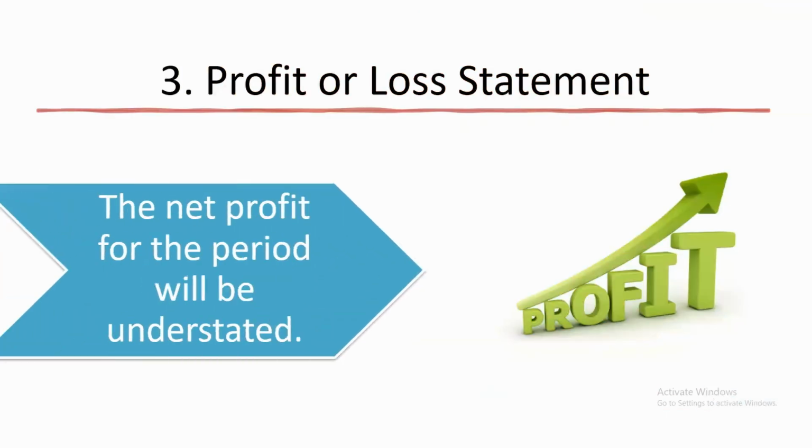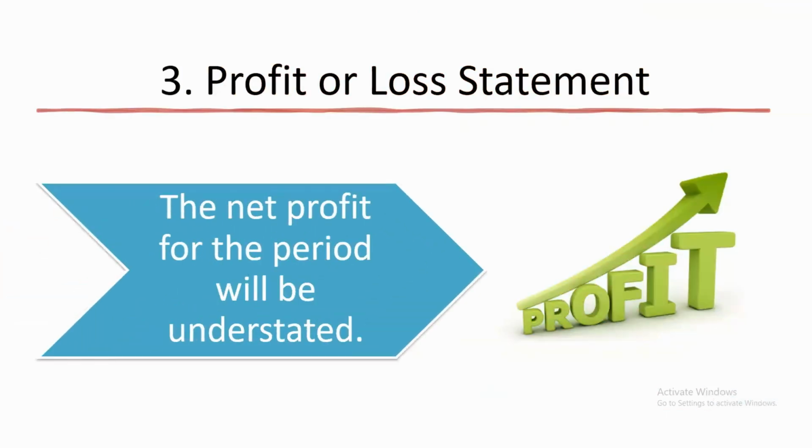Moving ahead, now let's talk about the third point, which is it is going to impact our net profit. Because we have not recorded any sales in our journal ledger, we won't be posting anything in our profit and loss account, due to which what will happen? Our net profit will also be understated. But why have I not mentioned 5 lakh here? Because 5 lakh was the sales amount, but the net profit will not be the 5 lakh. It is going to be a portion of it. And as we don't have the profit ratio here, we have not mentioned any amount, but our net profit will be understated for sure.